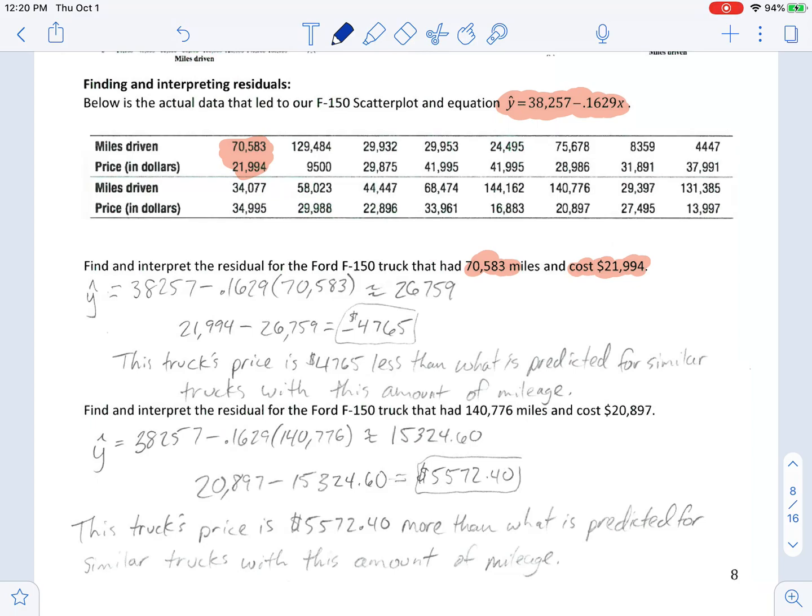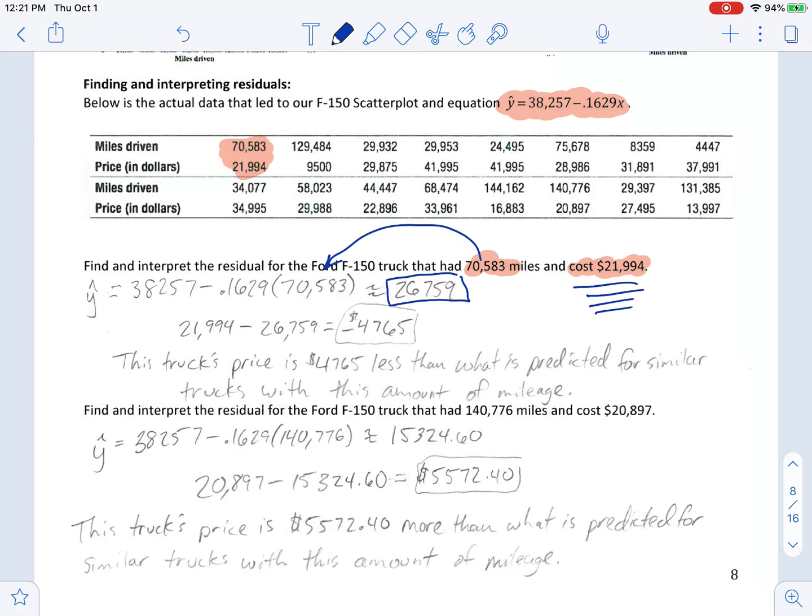Now, keep in mind what a residual is. A residual is how far above or below the predicted value for Y that truck had. So what we need to know is what was the predicted value. We know the actual value for that truck, $21,994. I want to know what was predicted based on the equation for that truck. So I plug my X value in for X. And I get